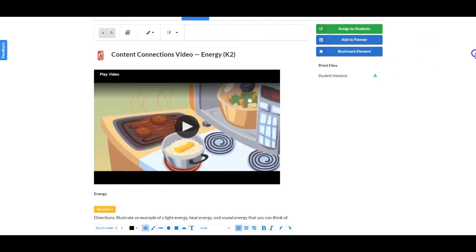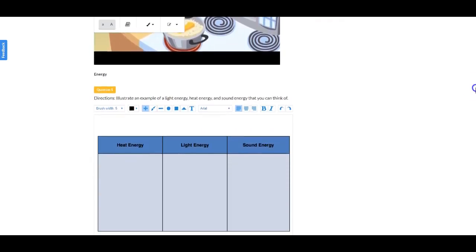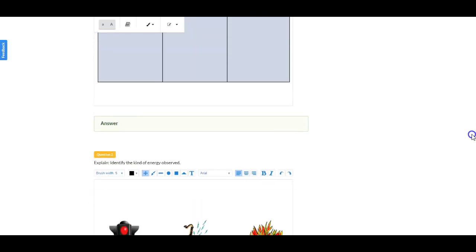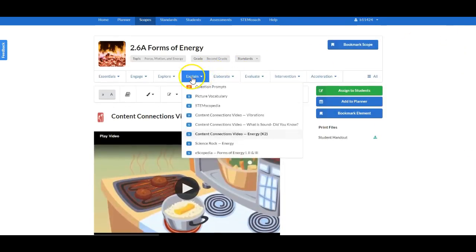And this one looks a little bit different. This one has some animation here, and typically if it's not a TIG tag and it's a different style, and you'll see them once you start to explore, those are going to be the really good ones to look at, and they're going to be really tightly aligned for that grade level. And you can see they all have some interactive things here. So again, just to take home with the content videos, watch those and make sure they're tightly aligned. Be aware of the ones that say TIG tag on them,